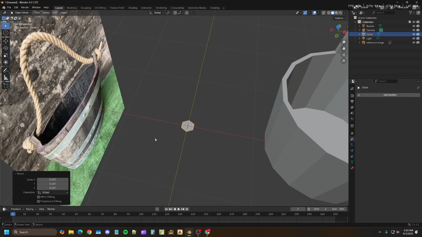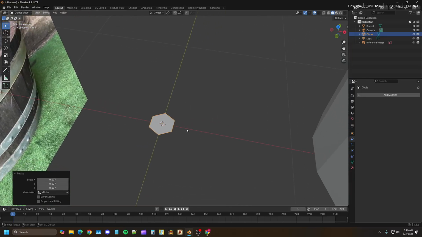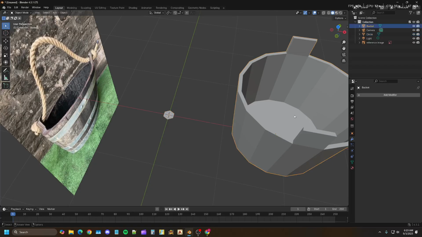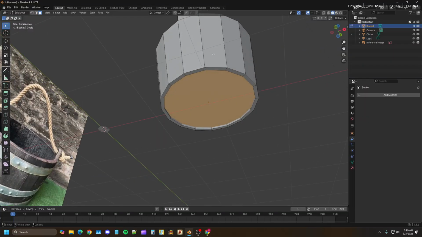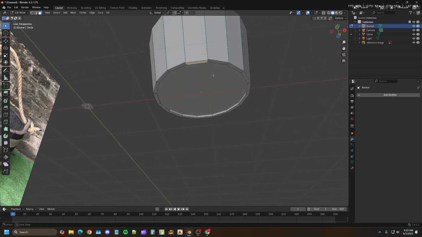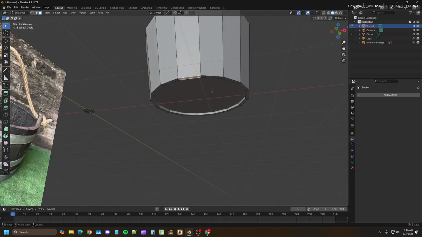Obviously this is a low poly barrel, so it probably doesn't need to actually be that detailed. We do this with a texture. And I guess now that I think about this, I should probably make the bands on here first. So I'm going to go ahead and grab, you know what, no, okay, so we're going to go ahead and we'll add